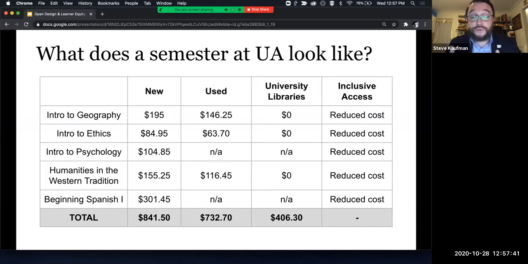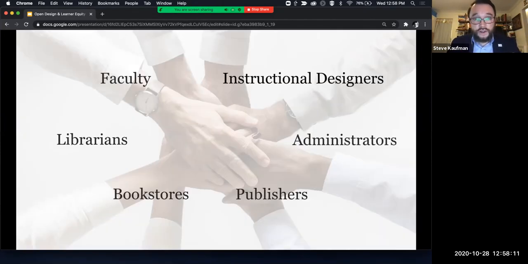And that perks up eyebrows when I share with my faculty. I ask my faculty all the time, how much is your textbook? A lot of them don't know, because it's a decision that's handled by the department. The department's administrative assistant hands out a seat sheet that says, are you just going to use the same textbook that you had last year? And there you go. It's just kind of rinse and repeat, and the price is slowly inflating behind the scenes. So that is certainly something that perks up my faculty's eyebrows. And I encourage you to do some research at your institution to see what those actual costs are.